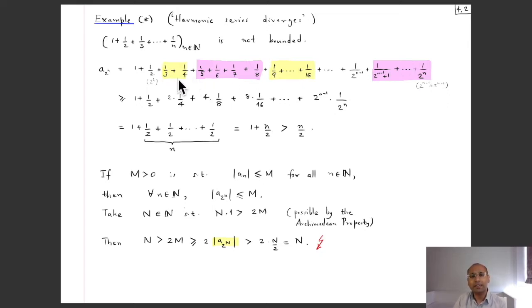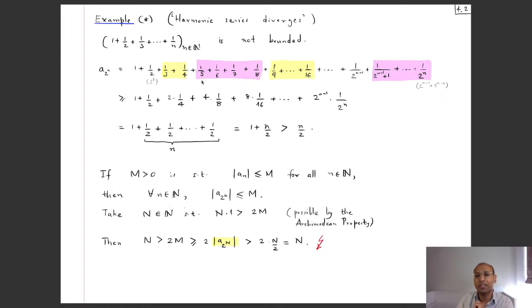But let's write down the summands in a bit more detail because we are going to group them in a particular way. So I have 1 plus half, and then the next two are going to be grouped together. So that's why I've highlighted them in yellow. So I have a third plus a fourth, and then the next four are going to be grouped together and